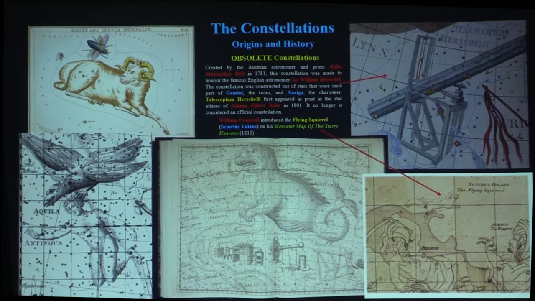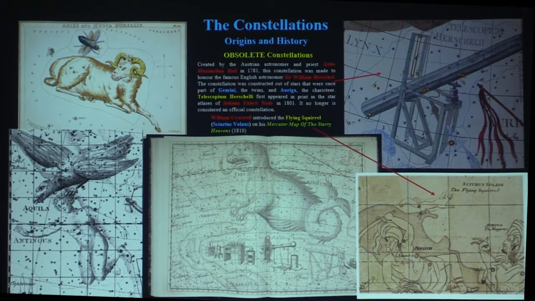Antinous was Roman Emperor Hadrian's lover, whom he took everywhere on his travels. He drowned in the Nile in Egypt. And so Hadrian had him depicted as an eagle taken to heaven. Of course, the eagle was a symbol of the Roman Emperor as well, Aquila, a famous constellation as well. So there you go, an interesting little bit if you want to read about that later on, the whole story